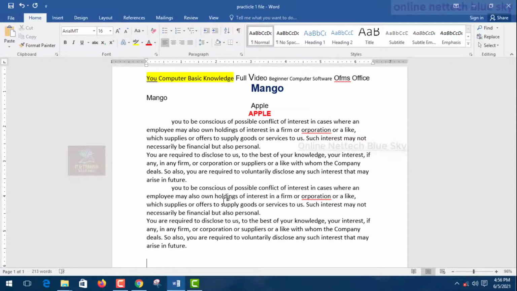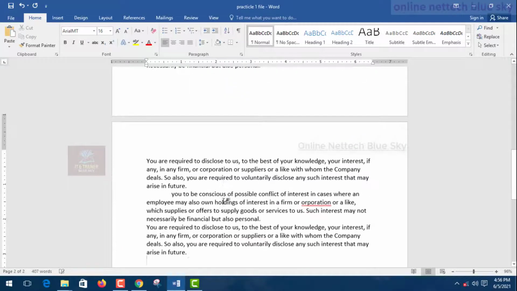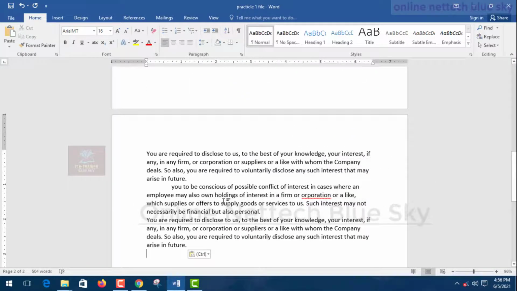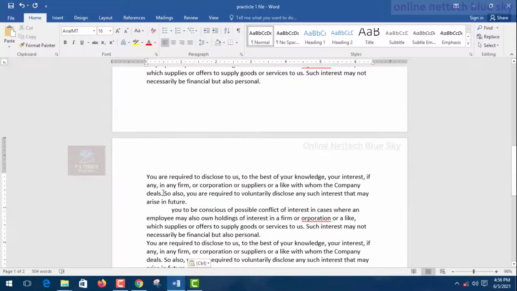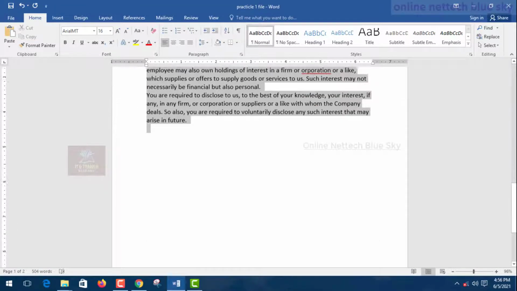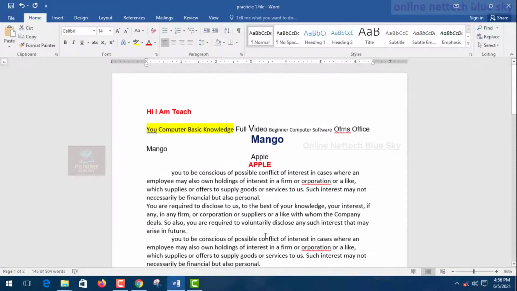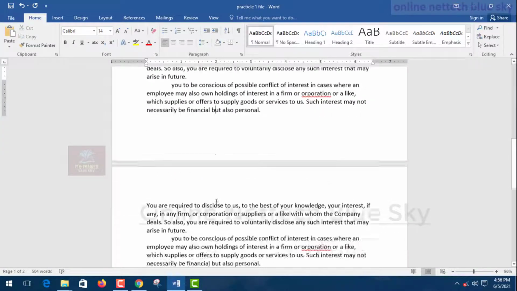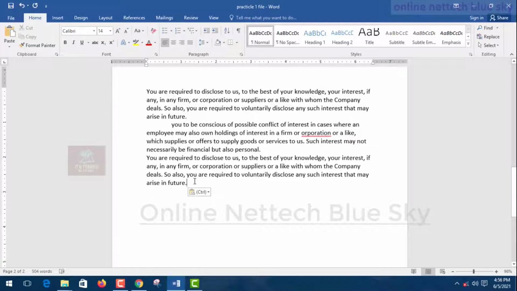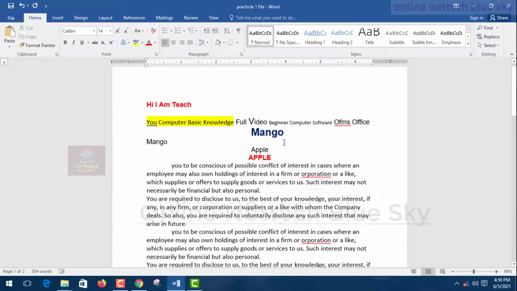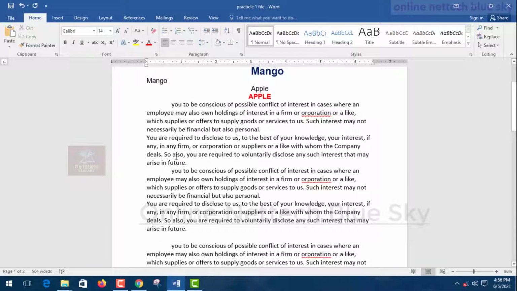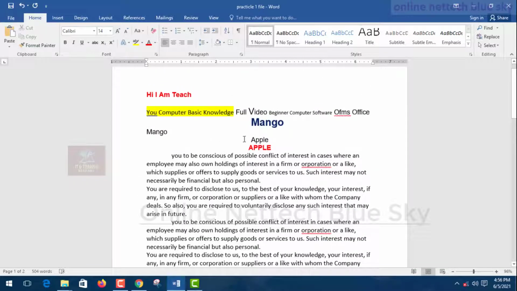Okay, and again you can see the second page here. This is my first page and the second page is showing here. So when you press enter it automatically creates a second page, third page and fourth page. Okay, so I complete these.